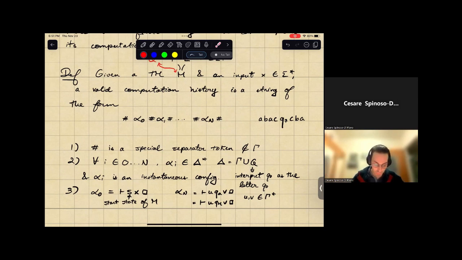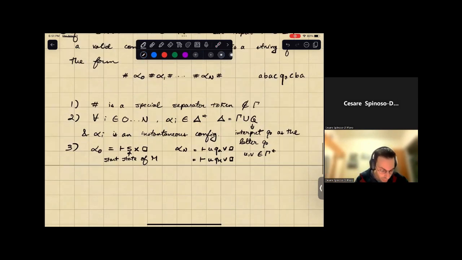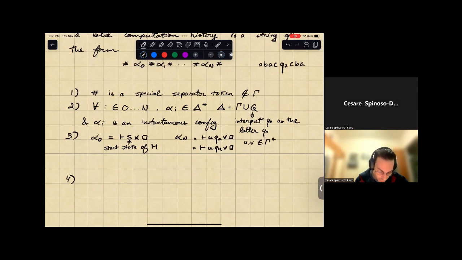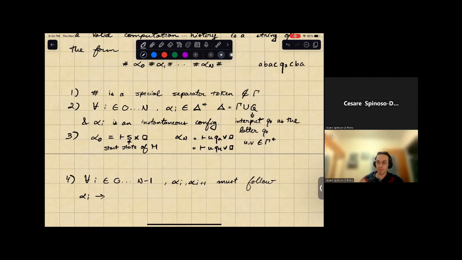And this is what this fourth rule says. It says that for every i in 0 to n minus 1, alpha i yields alpha i plus 1